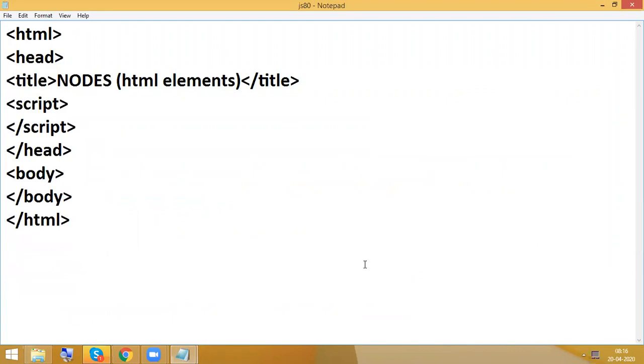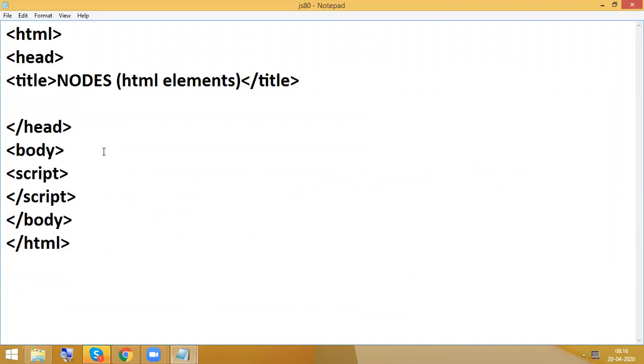We can write the JavaScript part inside the head or inside the body, anywhere. Regarding this example, I will write inside the body. Inside the head you can also write, but you need to use onload based on the functionality, which you already know.